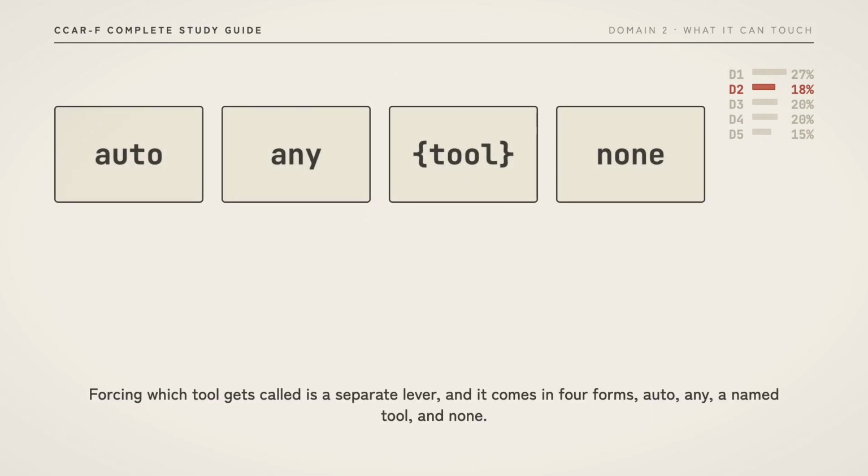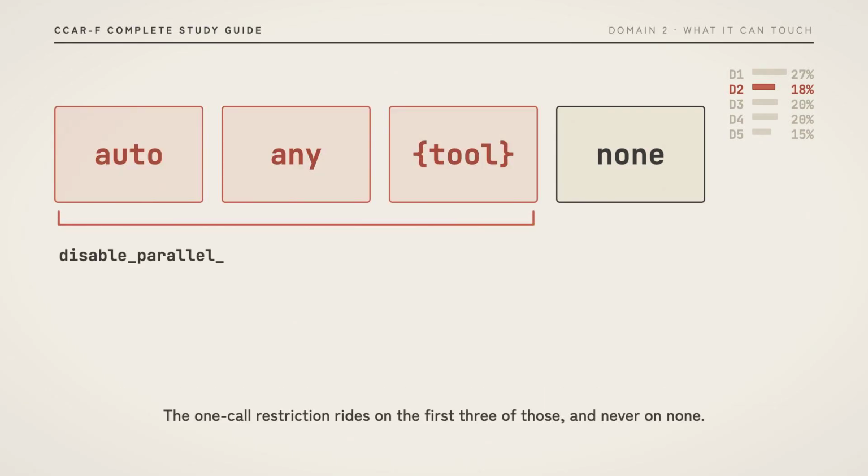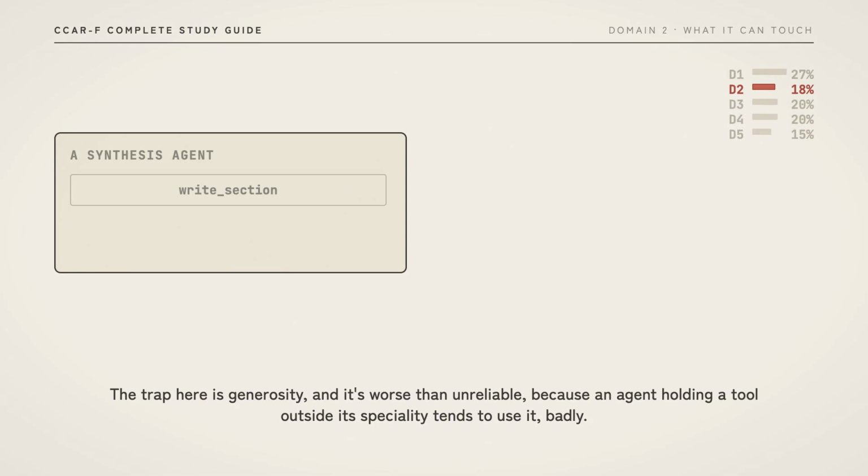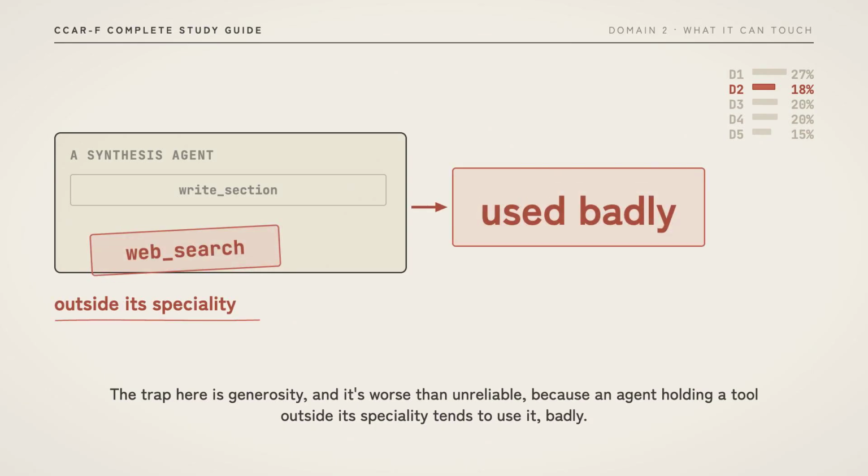Forcing which tool gets called is a separate lever, and it comes in 4 forms: auto, any, a named tool, and none. The one call restriction rides on the first 3 of those and never on none. The trap here is generosity, and it's worse than unreliable, because an agent holding a tool outside its specialty tends